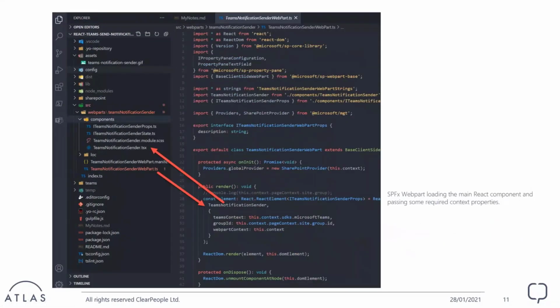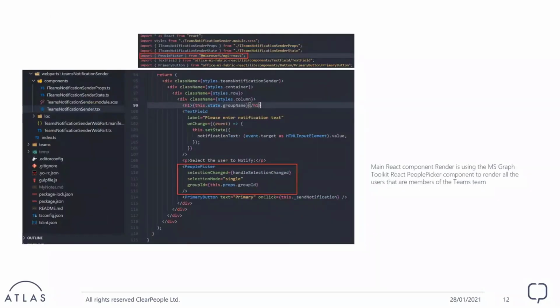So, well, the web part is just loading a React component and sending some properties from the context. As Hugo already mentioned, we are also using here the Microsoft Graph Toolkit, the React wrapper. So Hugo has given you all the information. So I'm using here the people picker, as you can see from the MGT React.